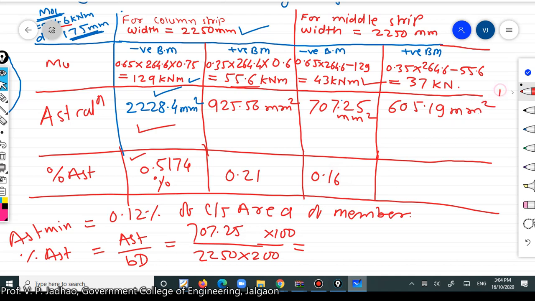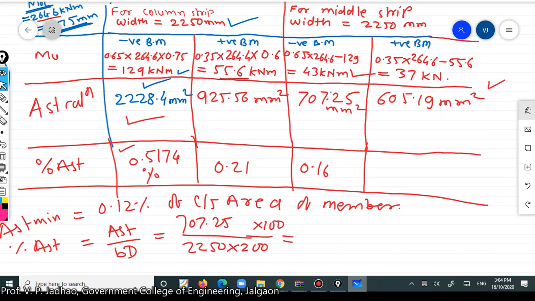Again for the positive bending moment for the middle strip, replace this value of 707.25 with AST provided, that is 605.19, so you will get the percentage AST as